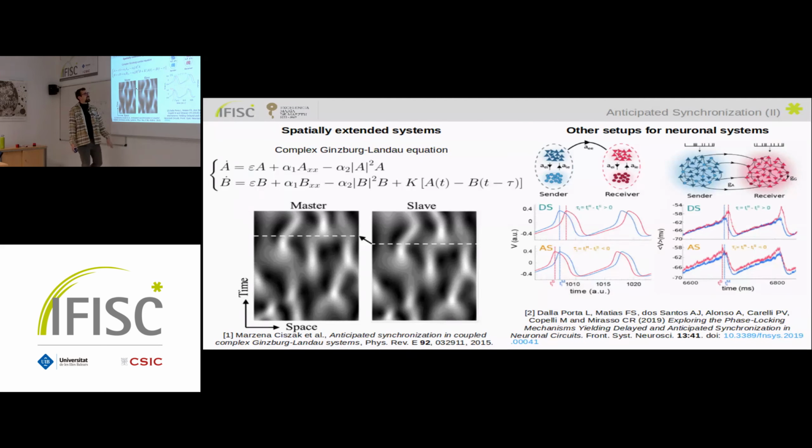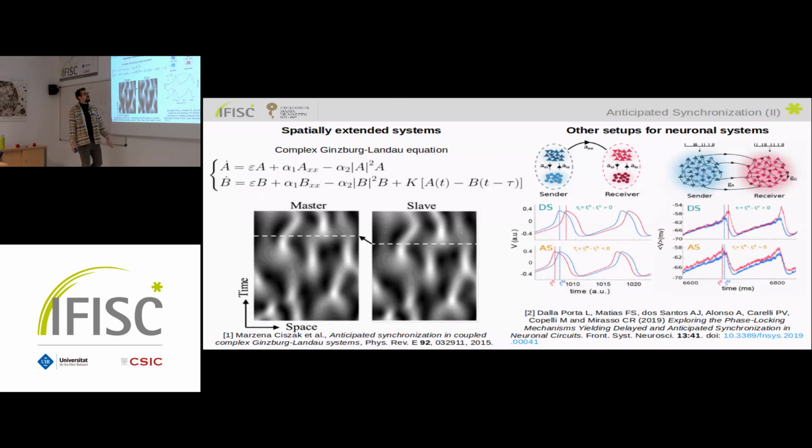Now, let me discuss anticipated synchronization, but with multiple delays, because it's what I want to talk about here. So, for instance, what is the motivation of this? Well, the most obvious thing is maybe you have, instead of just having one delay, maybe your system has two delays, or you want to introduce two delays because it can give you some advantage, I don't know. So this will be a first motivation, but also in a more general case, if you have some uncertainty in the delay, so your delay is not exactly tau, but it can vary a little bit, you can also use a distributed delay to model these kinds of systems.